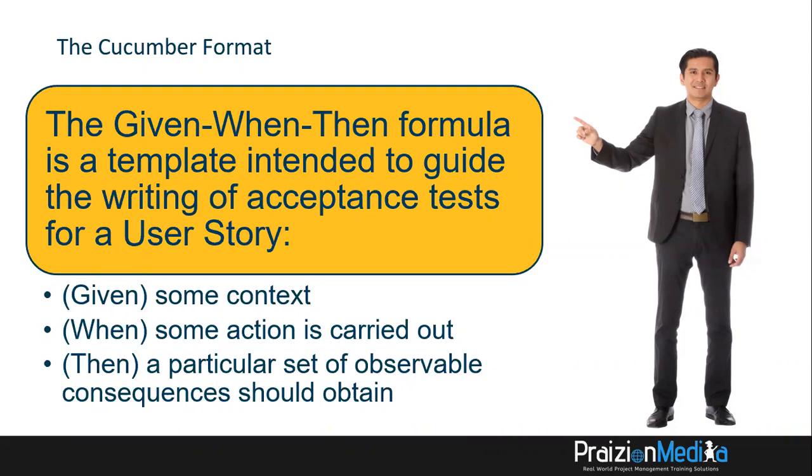Now, let's talk about the origin of this. So I did mention in the naming of the format, Daniel Terhorst North had a fiance who thought, well, this would be a good idea to call it something cool, Cucumber. That's why it was called that name. But the format for BDD is given, when, then. It's quite straightforward. Given some context, when some action is carried out, then a particular set of observable consequences should